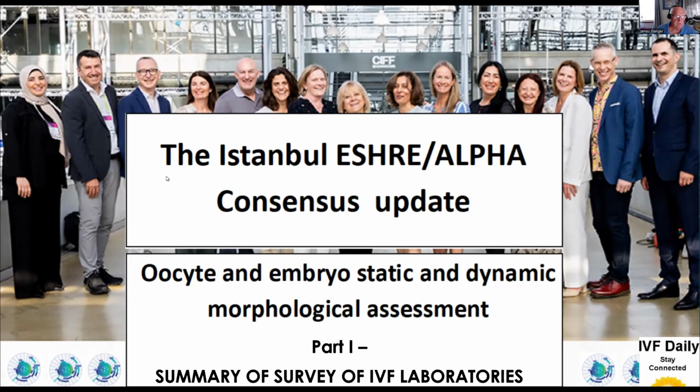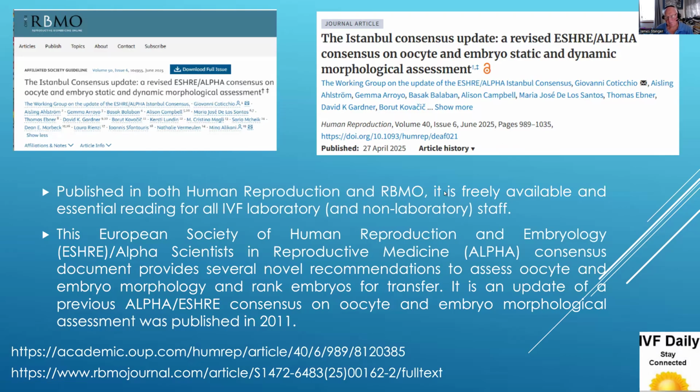So this update was published in Human Reproduction RBM Online. It's freely available, an essential reading for all laboratory staff, both current and non-laboratory staff. It's a mixture of the ESHRE group on embryology and the Alpha Science and Reproductive Medicine, and it's a consensus document that provides several novel recommendations to assess oocyte and embryo morphology and rank embryos for transfer. It is an update of a previous consensus published in 2011, and these are the two URLs where you can find these documents. I think it's essential reading for all new staff